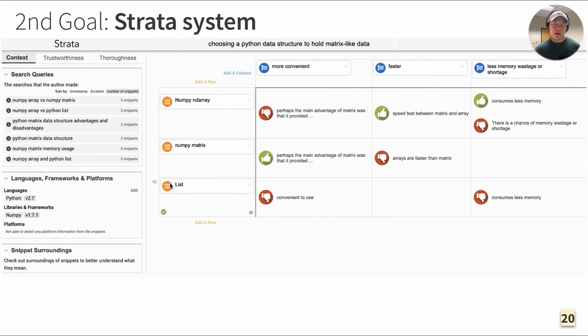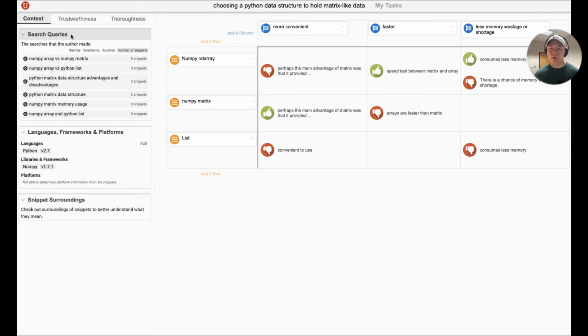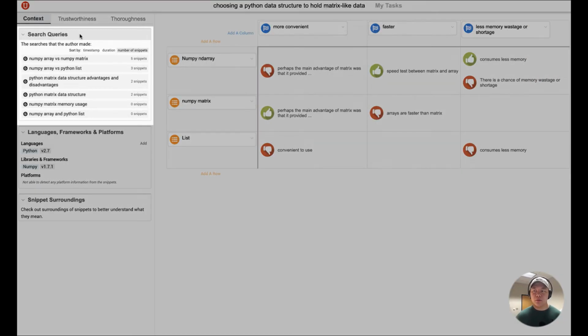In addition, Strata also augments the table content with additional information about whatever the user selects in the sidebar. In the context panel, users will be able to view the queries used by the previous author captured by Strata to understand the goal of the original decision.